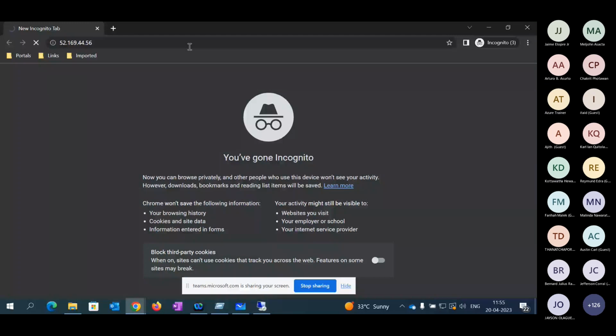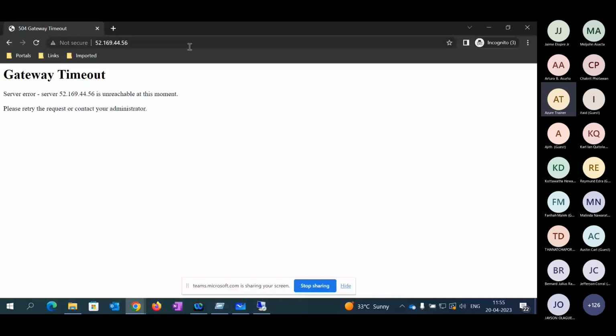Right now, the connection to the server is being attempted with the help of a public IP address, but the server is saying, no, I'm not able to connect. Do you know the reason behind that? Your NSG actually received this packet, and the NSG is saying, sorry, boss, I don't have this information about this protocol. Because of that, I am denying this connection. You got the point? The moment you try to connect, the NSG is denying your HTTP packet because there is no allowed rule available inside your NSG.